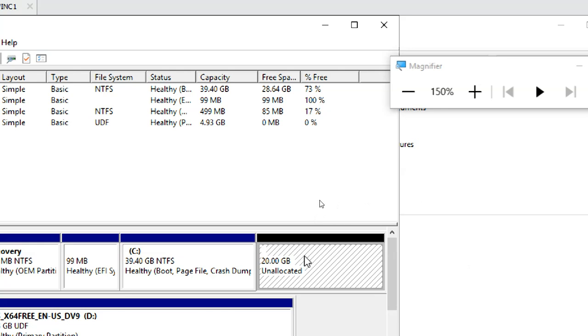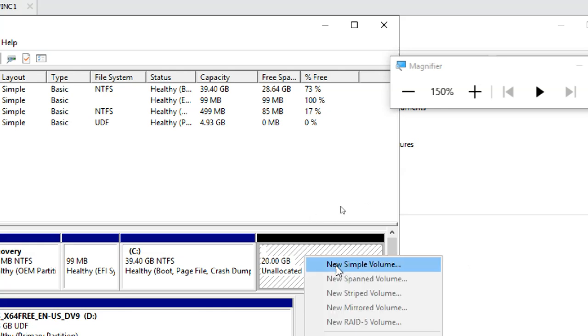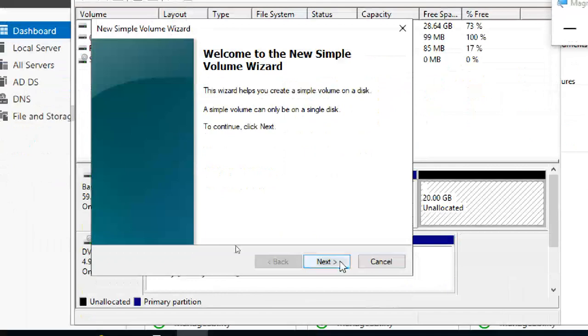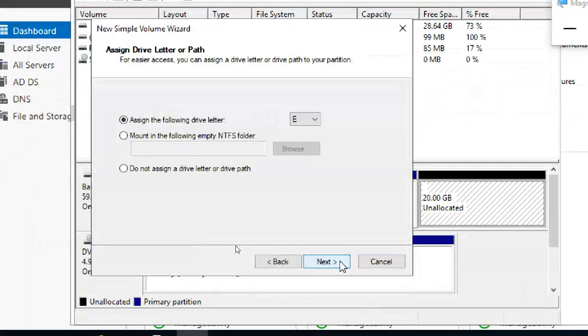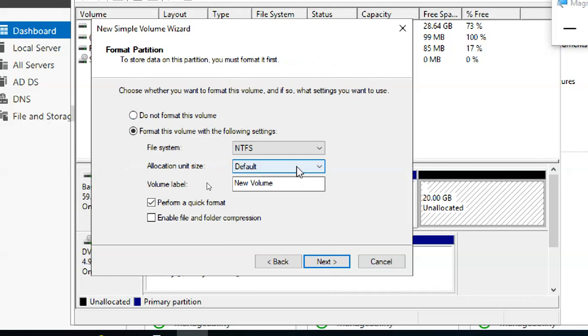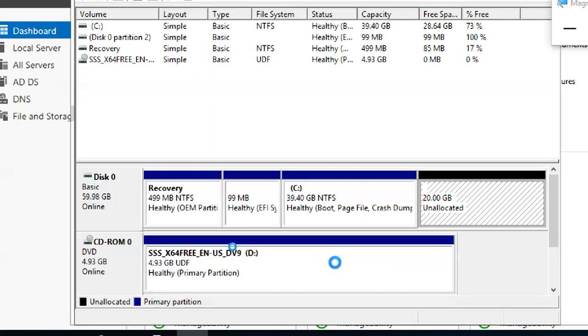Next I want to create a partition. So what to do? Right click, New Simple Volume. Next, next. E drive, any drive. NTFS only, compulsory NTFS because we are sharing and security is also there, right? The volume name you can put anything. Next, finish it.